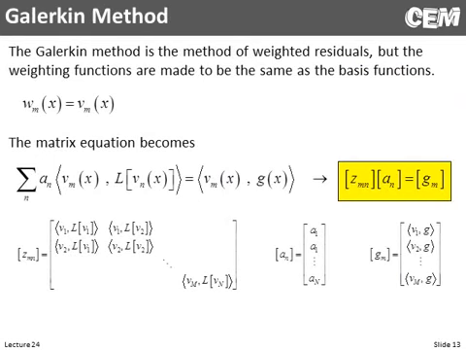Now the Galerkin method. What the Galerkin method says is that the new set of basis functions we'll use for our inner product are the same basis functions that we originally expanded F into. Because we probably put a lot of thought into this. It probably efficiently describes the field. It probably works very well with our linear operator. Why not just use those for W? So this special case of the method of weighted residuals is called the Galerkin method,